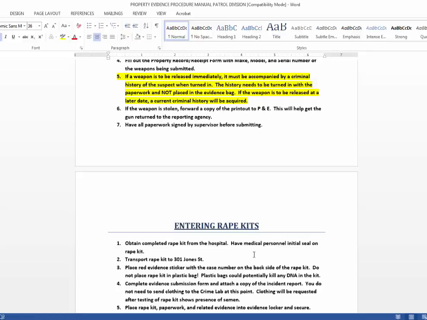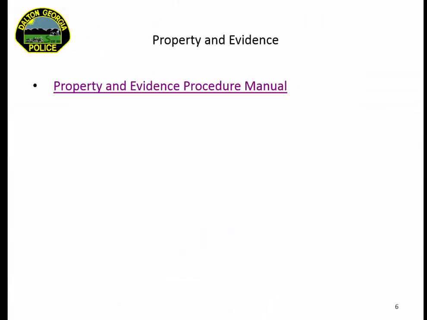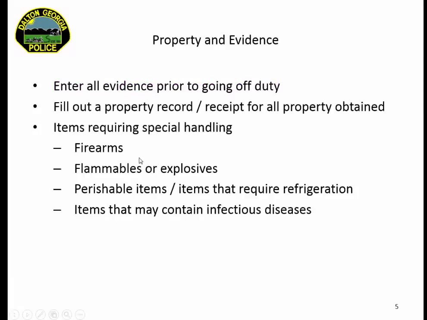The other item on that list, and we'll go back to it, was flammables or explosives. If you come in contact with anything that has to be entered into property and evidence that's flammable or explosive, we're obviously not going to keep those inside the building for safety reasons. So things like this, you'll have to get with the fire department to try to figure out a way that